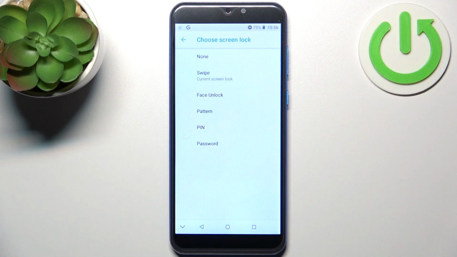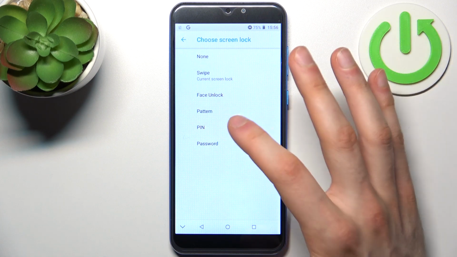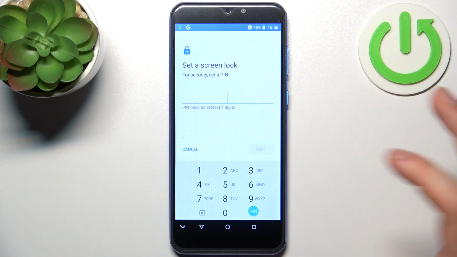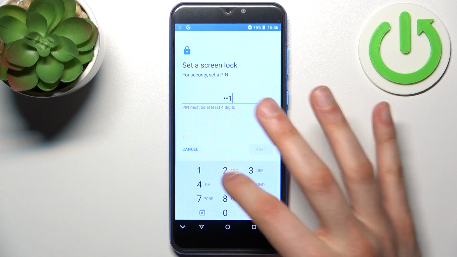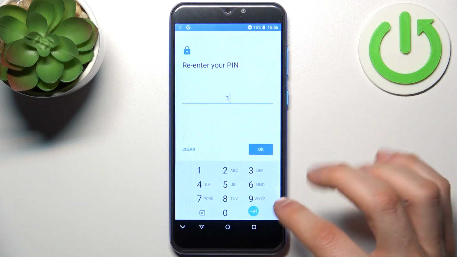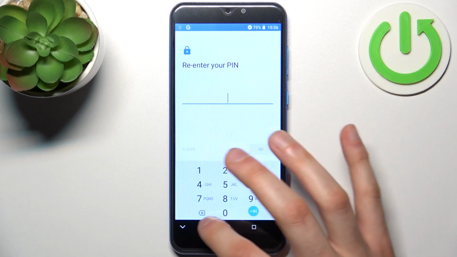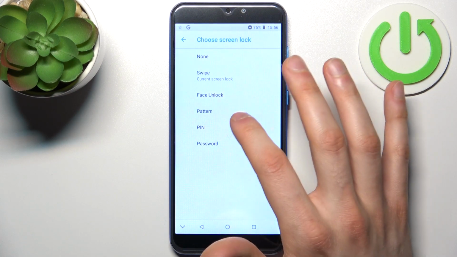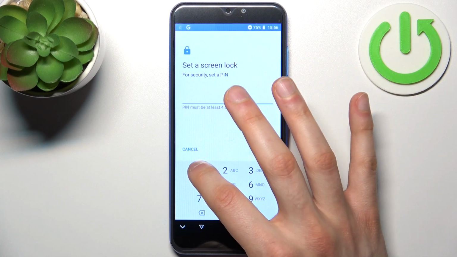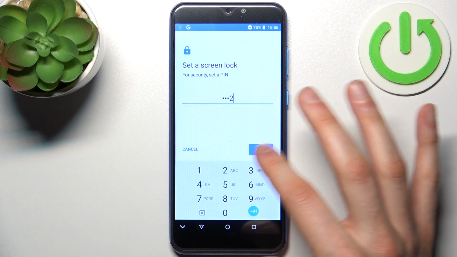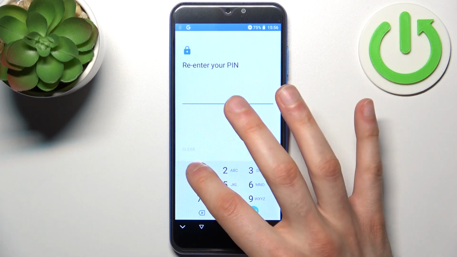So you can select one of these methods. I'm just gonna go for PIN. So here you have to enter your PIN, then you have to wait. I did it wrong. Can I go back? Here you have to enter your PIN, then confirm it,